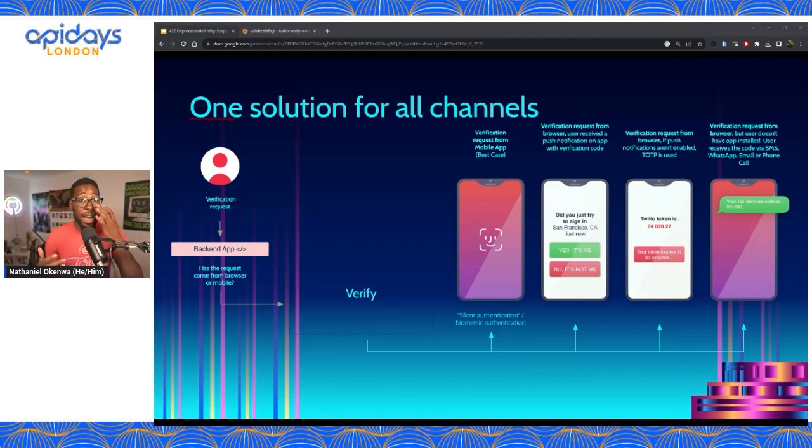And you can see here how you have all of these options and you have one API that can do it all for you. You can just grab some information about where the user is coming from and what they're trying to do, and use that with our API to decide where you want to send the verification request. All right, I've talked about this and I've sold a big game about this API.